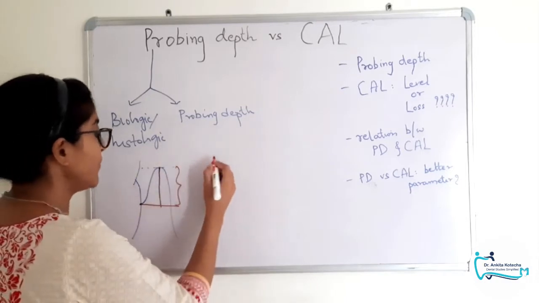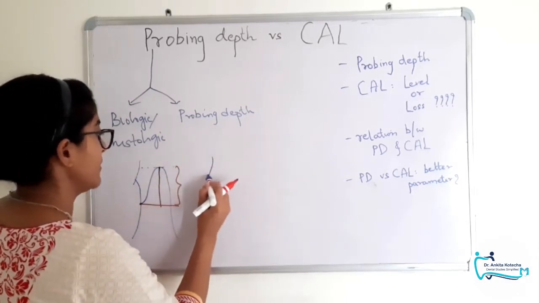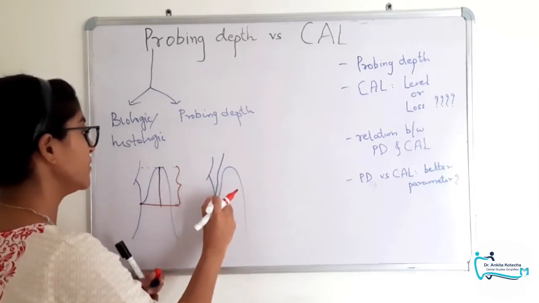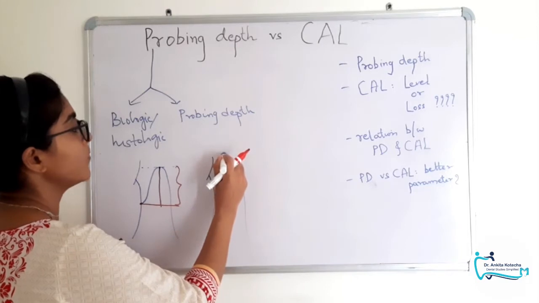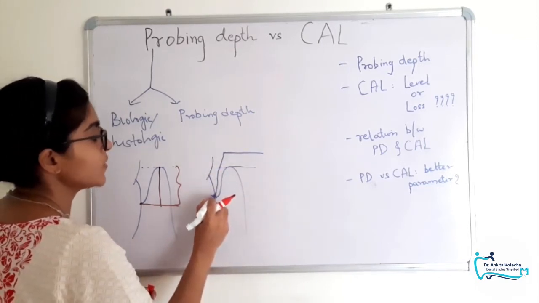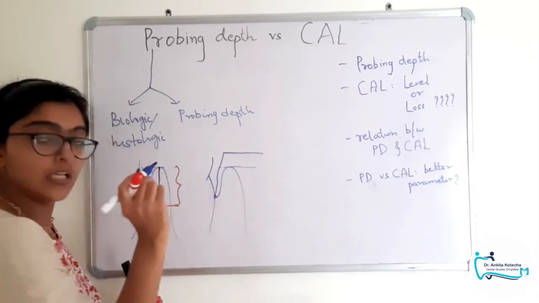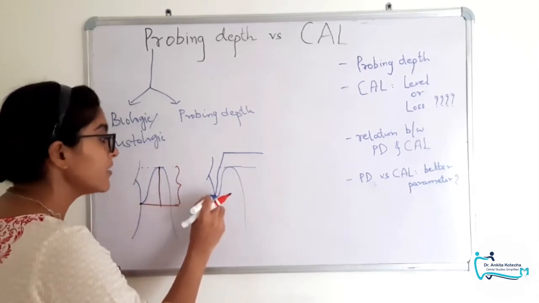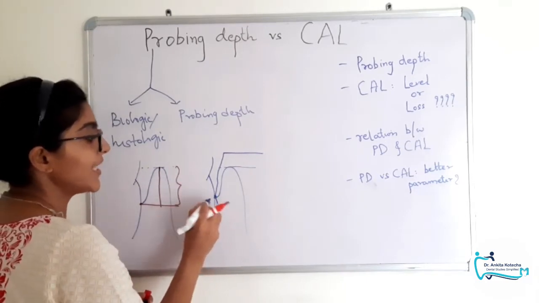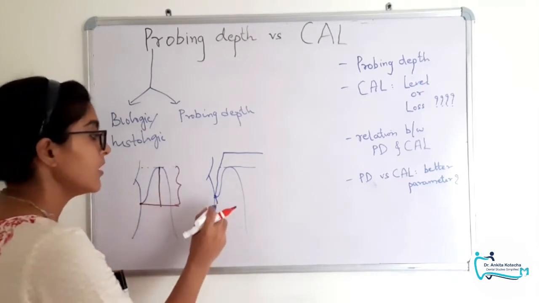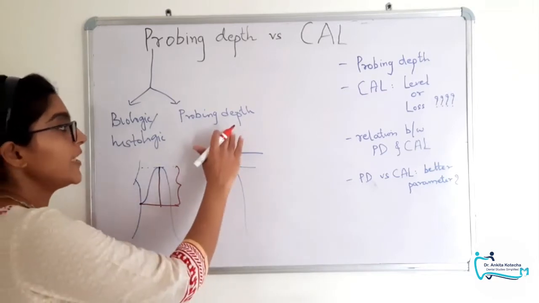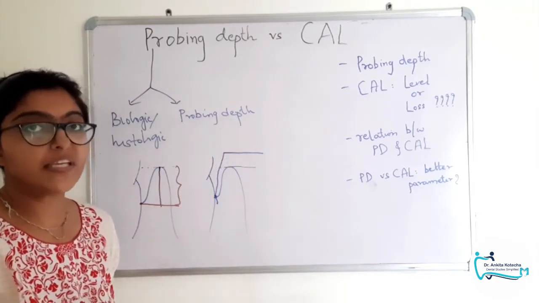Whereas the clinical probing depth which we measure is the base of the probeable device with our periodontal probe, from the crest of the gingival margin to the base of the device and not the actual sulcus base. It may end above, or it may breach the junctional epithelium or the attachment and enter the connective tissue, thereby giving us various types of errors.